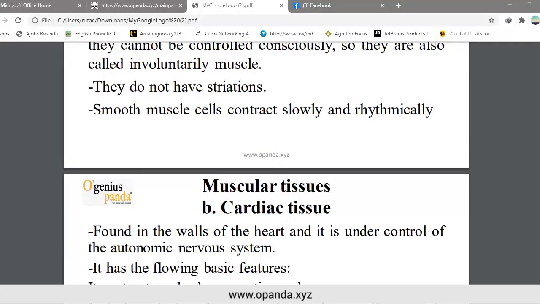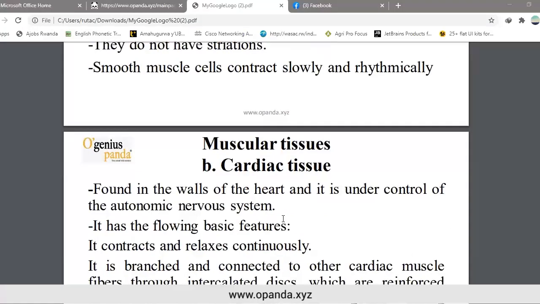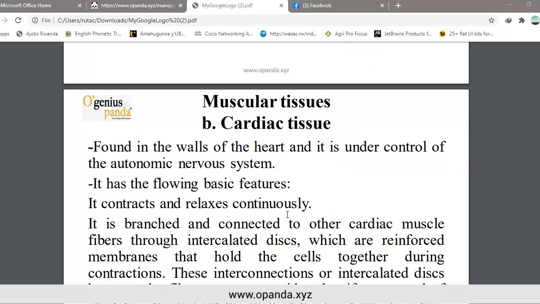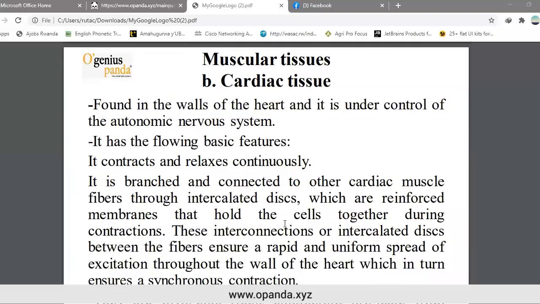We have cardiac tissues found in the walls of the heart and under control of the autonomic nervous system. It has the following basic features. It contracts and relaxes continuously. It is branched and connected to other cardiac muscle fibers through intercalated discs, which are reinforced membranes that hold the